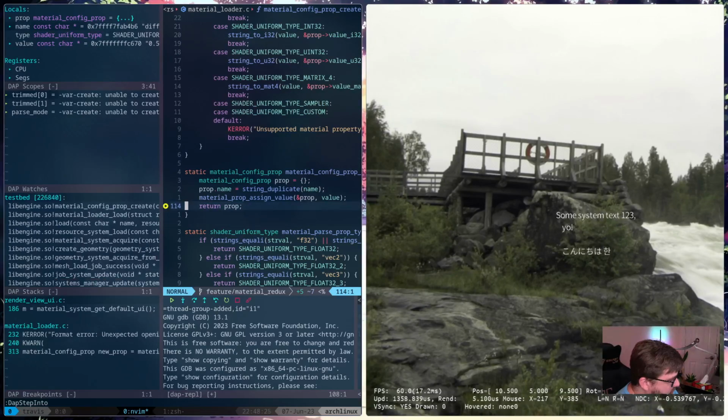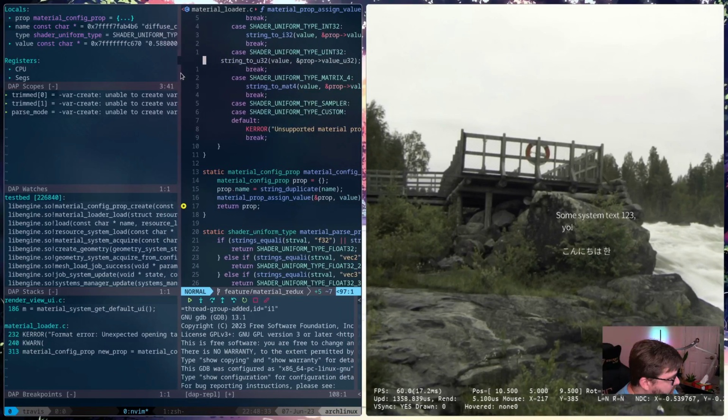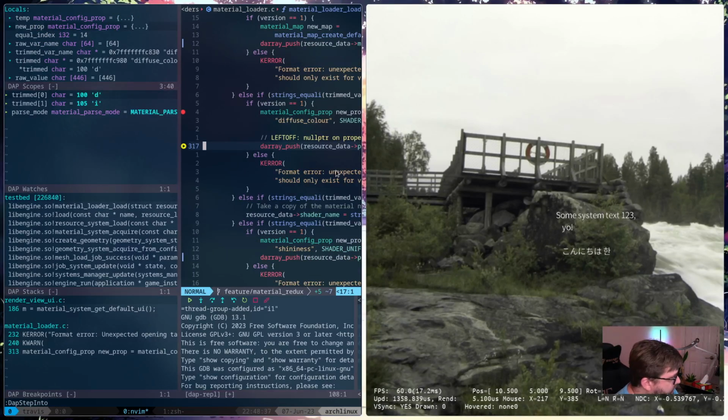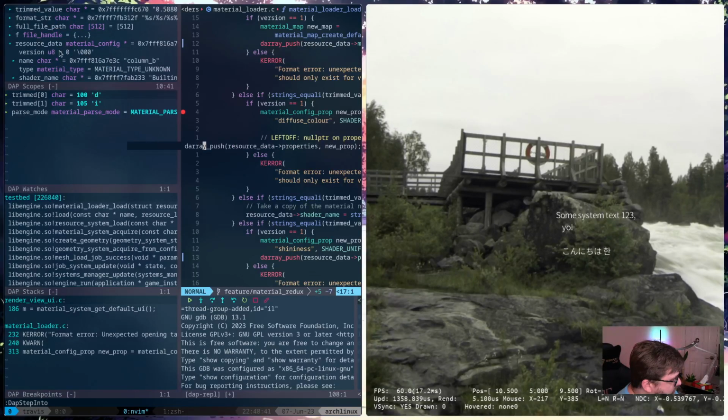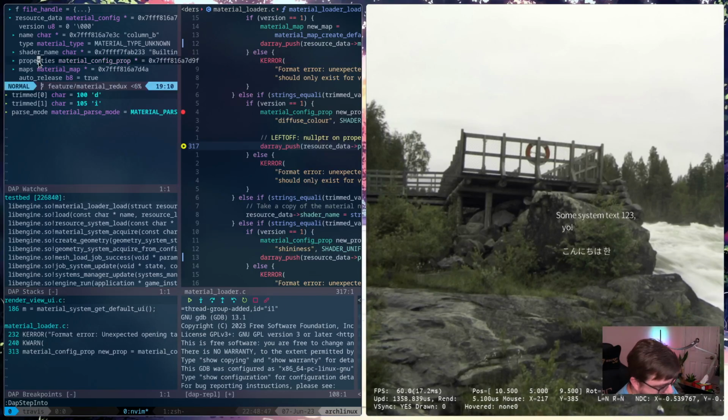Break. So we have our property assigned. All right. And then after we get back out of that function, looks like our arrays still exist.